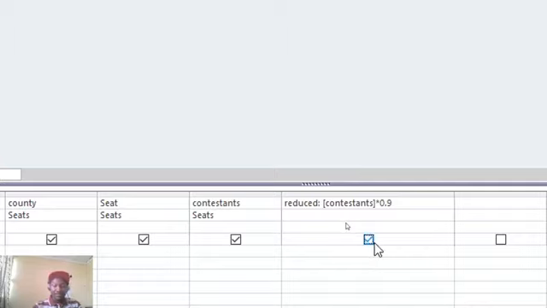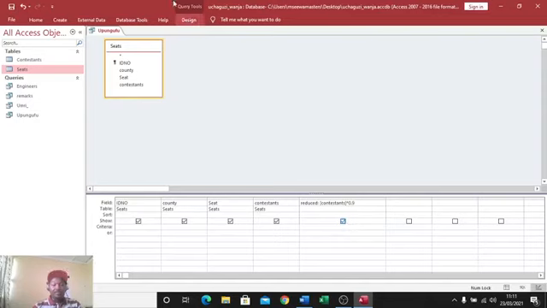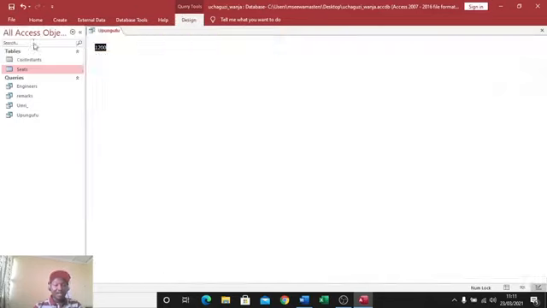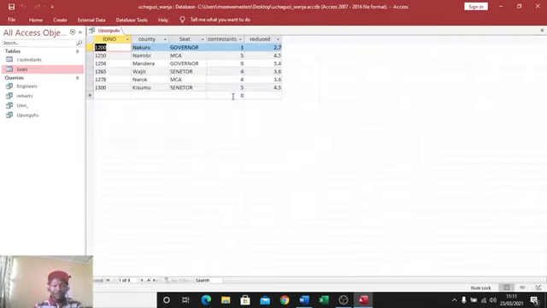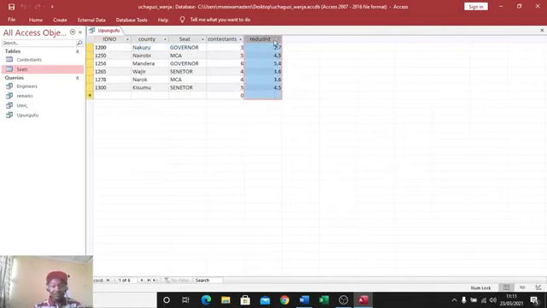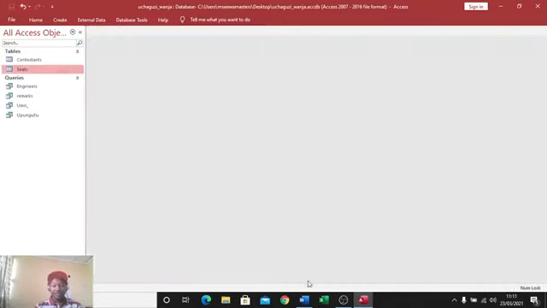So I save that one as upungufu, then design and run. Therefore, there is just a bit of reduction here. Therefore, we needed to at least see some reduction done. Therefore, that is how it was supposed to be accomplished. Then we go ahead,